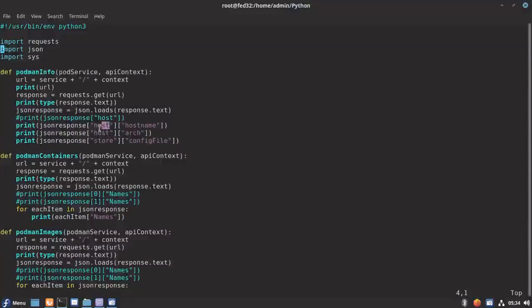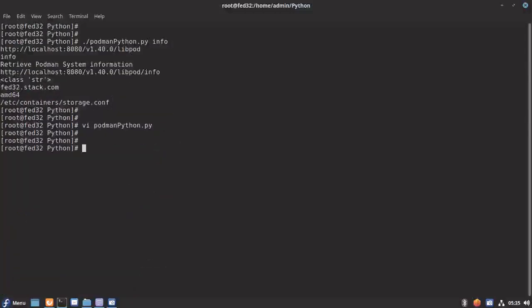This is the host, the top level node, and host name is the second level node of which we are trying to get the details. This is how I'm getting the details of the host name, architecture, and the config file.